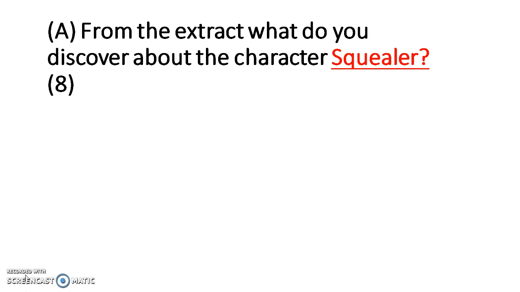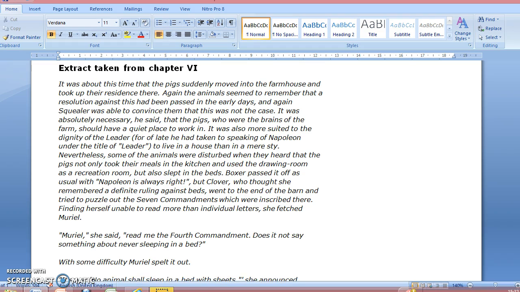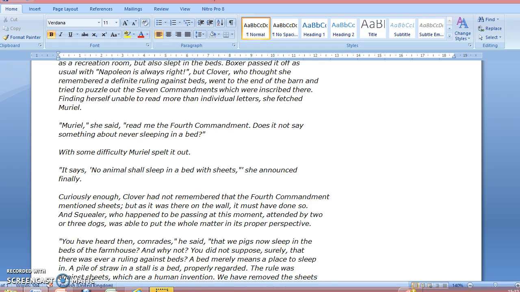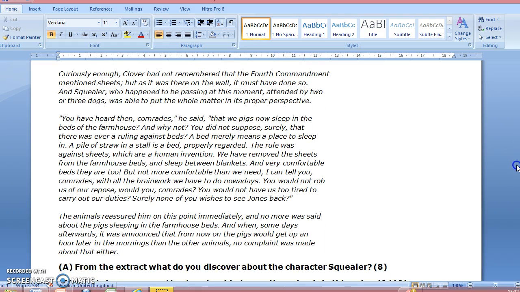So this is the question for part A. In the extract, what do you discover about the character Squealer? The extract which we are using today is this one taken from chapter 6. I'm just going to scroll down because you'll be able to pause it and see which section I'm talking about. Okay. So the question which we're thinking about again, A, in the extract, what do you discover about the character